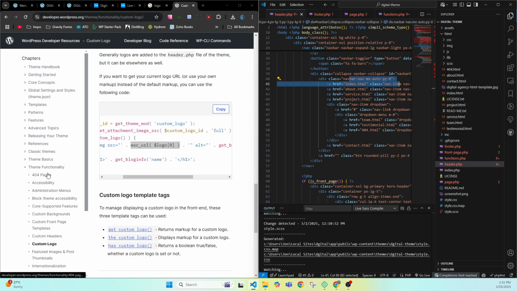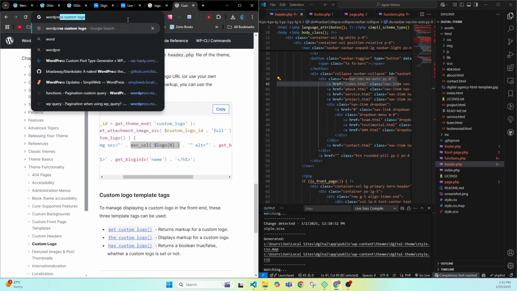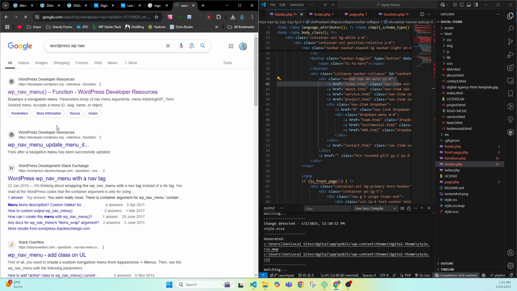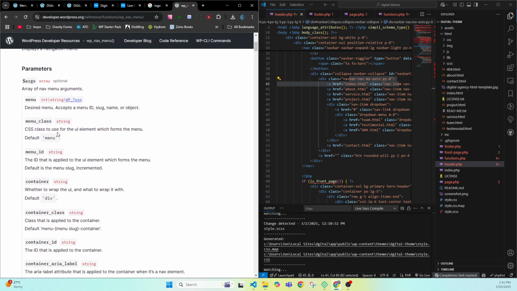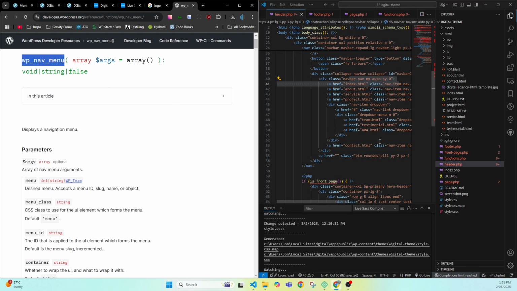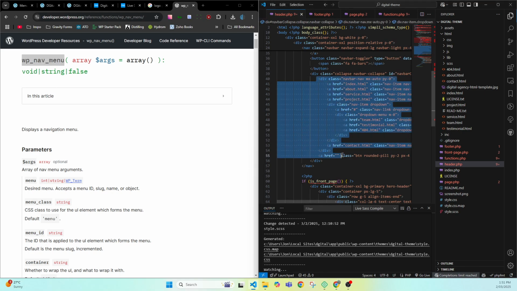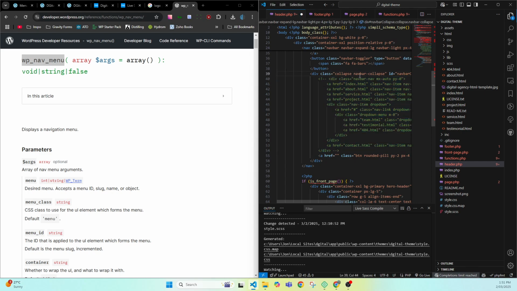So if we go to, let's just search WordPress wp_nav_menu. So we want this one here. So we can see if we go, let's just comment this out, because that's our navbar, but